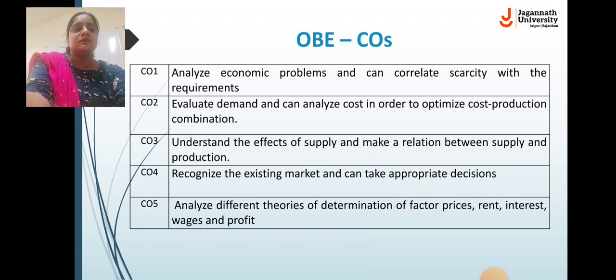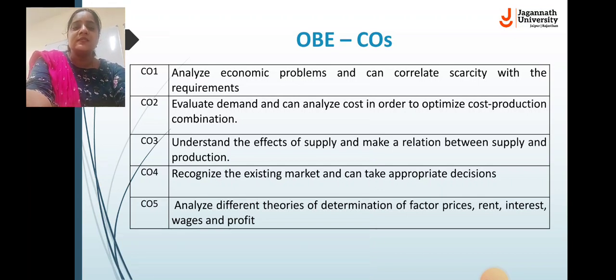See, the company is supplying the product in the market, basically offering the product at a particular price at a particular time in the market. Now how much quantity of the product should be supplied in the market, what is the supply function, what is the law of supply, and how this law of supply operates in the market, how you can relate supply to production, how you can relate supply to demand, how you can reach the supply market equilibrium. The student would be able to understand all these things after going through this course.